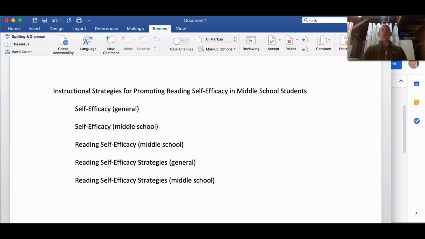So we're honing in. If I was reading this literature review, I'd first look at it and say, okay, so now that I understand what self-efficacy is, and now that I understand how self-efficacy plays out in the middle school grade levels, I now am learning more about reading self-efficacy in the middle school levels, and now I'm learning more about how to promote reading self-efficacy in middle school and in general, and now I'm learning how to promote reading self-efficacy in middle school. So it's honing down, and then this project, this exploratory research project, would then ultimately be